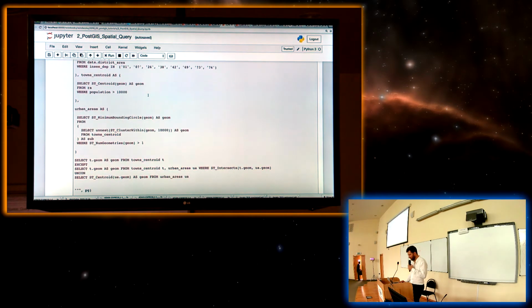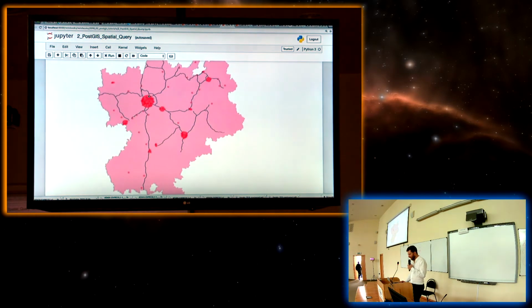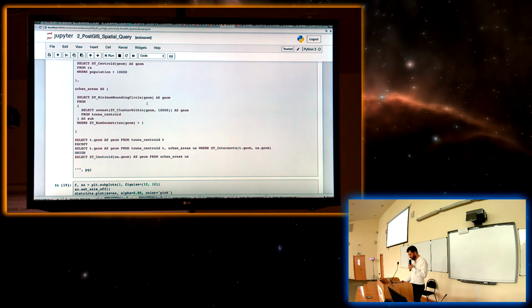And here, once we are able to grab these new circles, the point will be to retrieve here the centroid of every city,